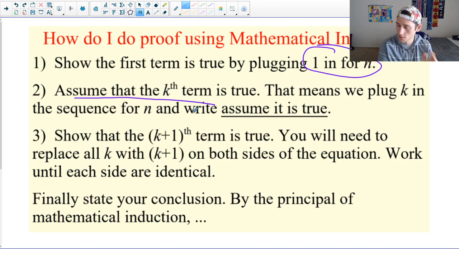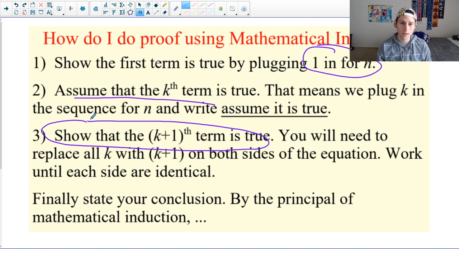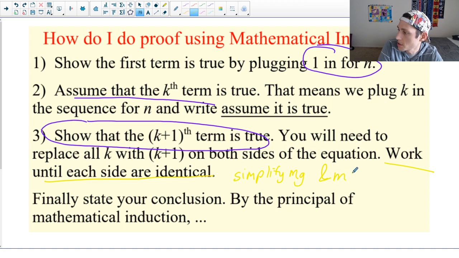Right? So again, since we know that dominoes can fall, can we show that the k plus 1, so k plus 1 would represent like the next domino. So can we show that the next one will fall? If we already know this one's falling, can we show that the next one will too? You'll need to replace all k with k plus 1. Work until each side are identical. Okay, this will involve a lot of simplifying and manipulation. Okay, so we might need to distribute, factor,